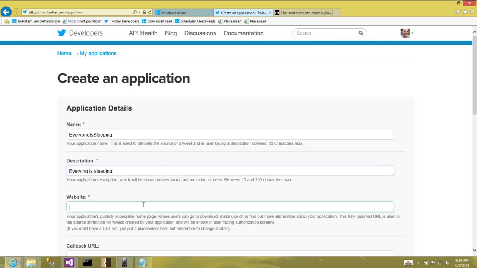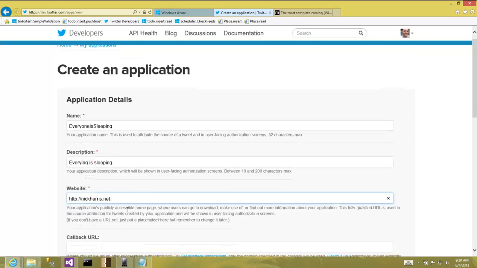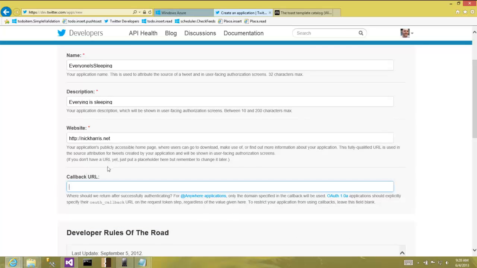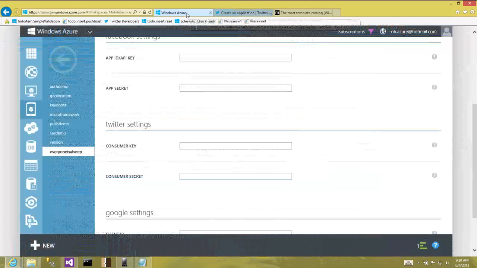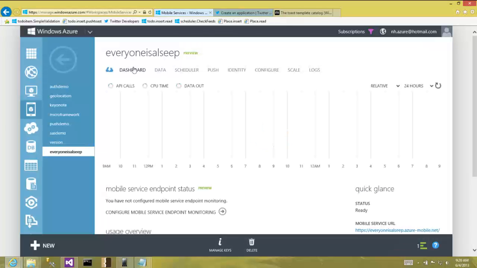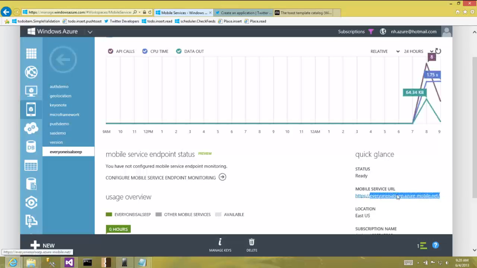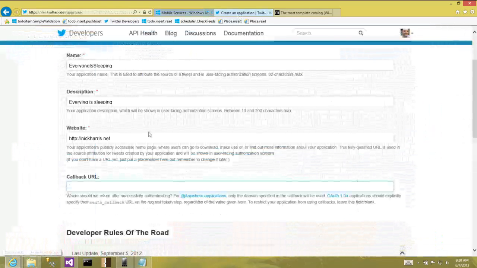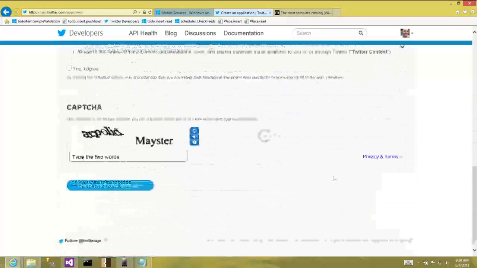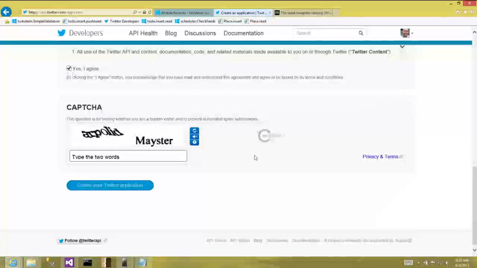Website, this doesn't matter so much. What does matter to get right for your auth flow to work is the callback URL. Now the callback URL needs to be your mobile service. So you can grab that. An easy way to find it again, if you don't remember the full thing, is to go to the dashboard. Come back, we drop this in. Scroll down, we read this, and then we